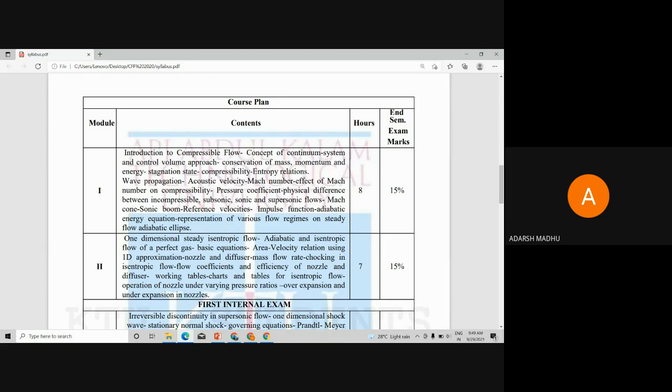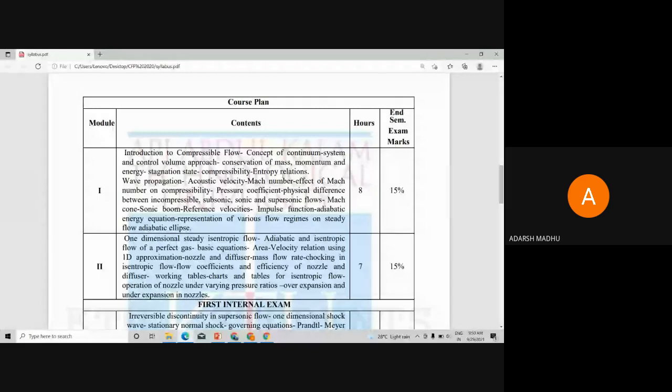Then Mach number, the effect of Mach number, supersonic flow, and the explanation of what is subsonic, sonic, and what is Mach number, which is the theory for doing a problem. So the second, third, fourth, and fifth modules are explained in our first module. All the theories come under it.